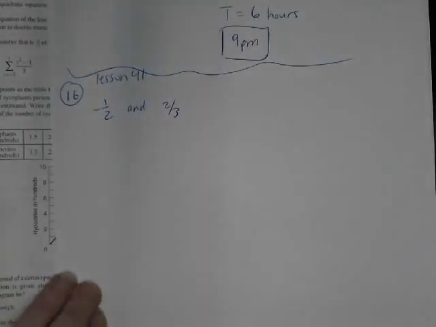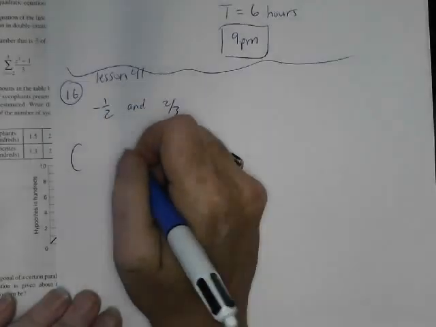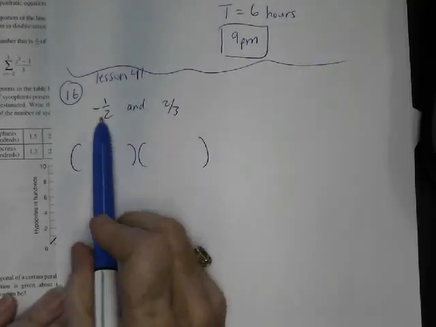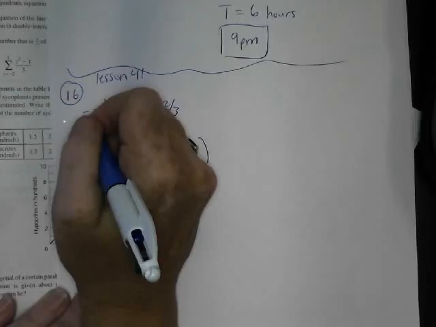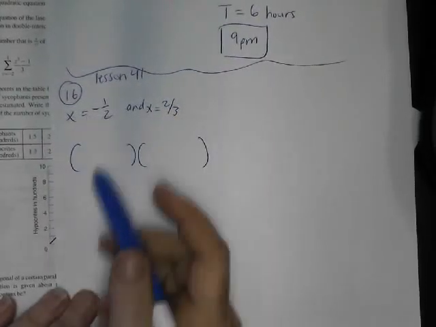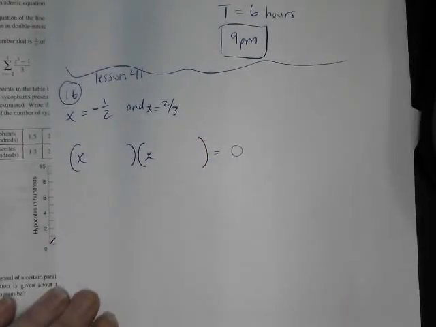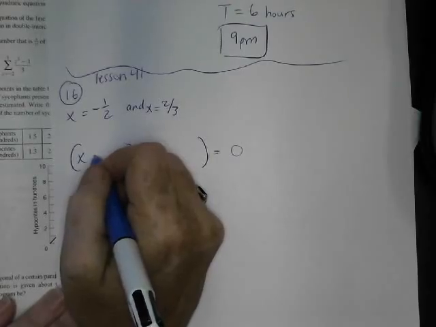So if you imagine when you're solving a quadratic, you know how you factor it and you have x plus 3 times x minus 5 equals 0, and then you end up with negative 3 and positive 5 or whatever. We're kind of doing that backwards. So I'm going to imagine that those were my two answers, x equaled that and x equaled that. Well, that means back when they were in the parentheses and they said equal 0, it was kind of like this, minus negative a half,